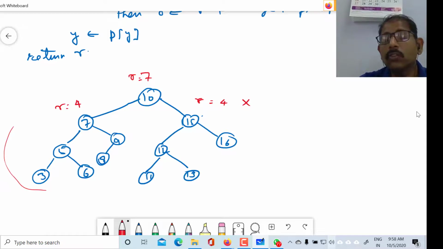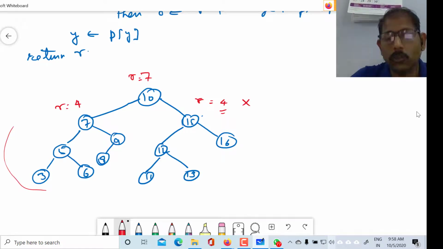So if you want to calculate the rank of this node, you first calculate its local rank. Its local rank is 4, because you can directly apply the formula, size of left subtree plus 1. But because this node is on the right-hand side of its parent, you have to add its parent's rank also.